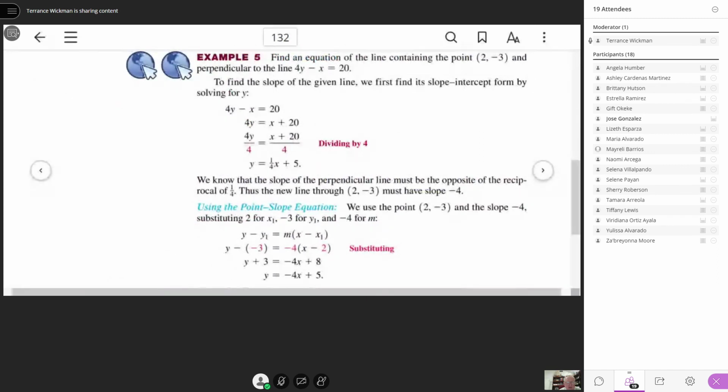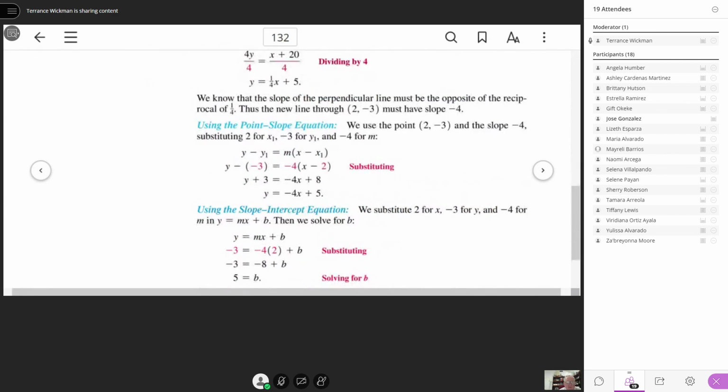Find the equation of the line containing this point. Again, you got to find the slope of the first one. You set y by itself. You see they did that. They have 4y minus x equals 20. So they put the x on the other side, divide everything by 4 to get y equals 1/4 x plus 5. Now you got the slope as 1/4. Then you use the same formula, plug it in,